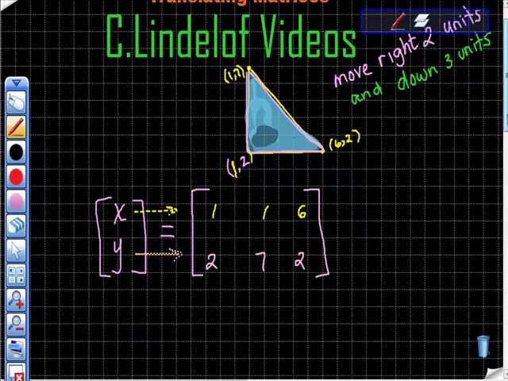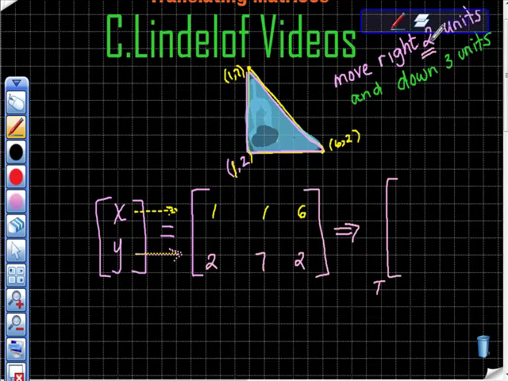So now all we have to do is come up with the translation that moves this 2 to the right. To move this 2 to the right, all the x values are right and left, aren't they? So that's what I'm going to do. I'm going to call this T for translated. My translated matrix is